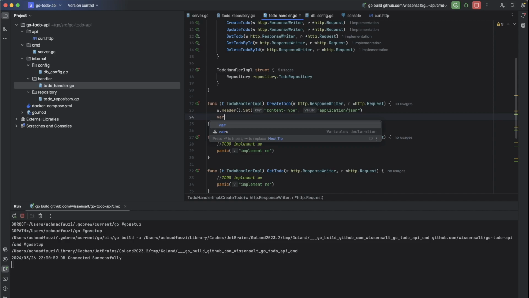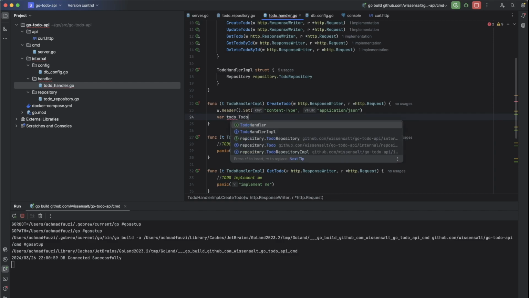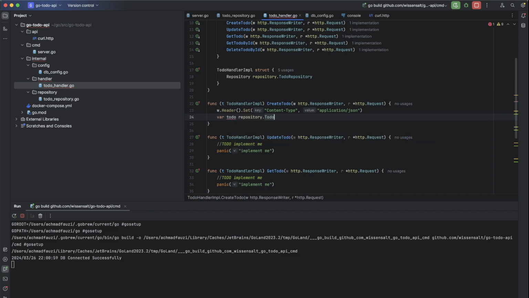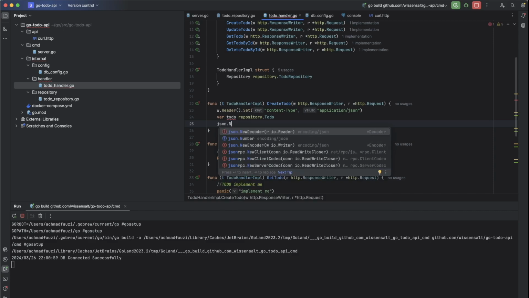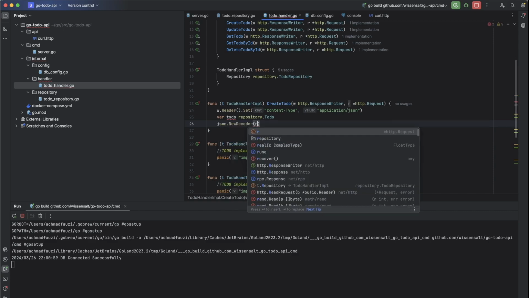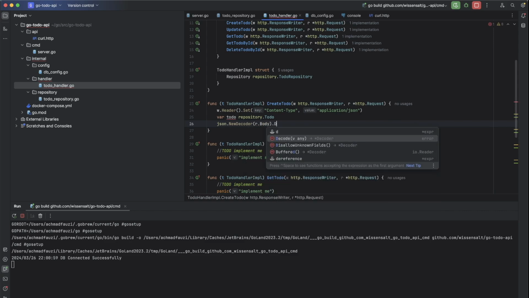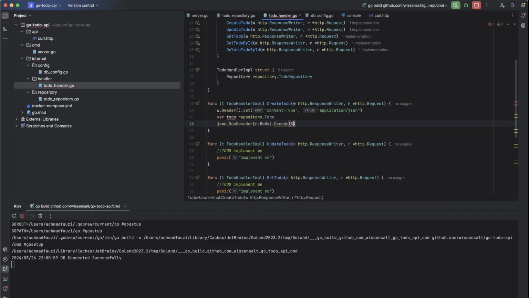We will create to do as a variable who receives from the request. JSON dot new decoder from the request dot body dot decode variable to do.